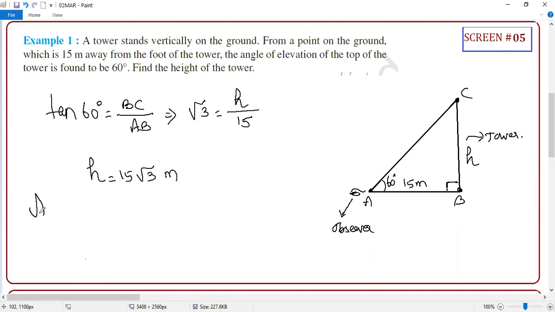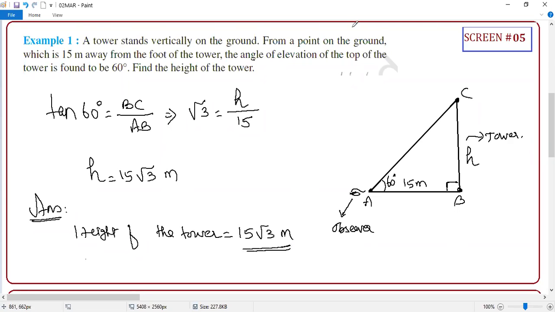Unit is very important, guys. You can write the answer also: height of the tower. Why I'm asking you to mention it, there are two benefits to it. One is whoever is correcting, they will see the answer directly. Other is, if at all you forgot to write the units, in the final answer, if you put them, they are okay to give the mark.